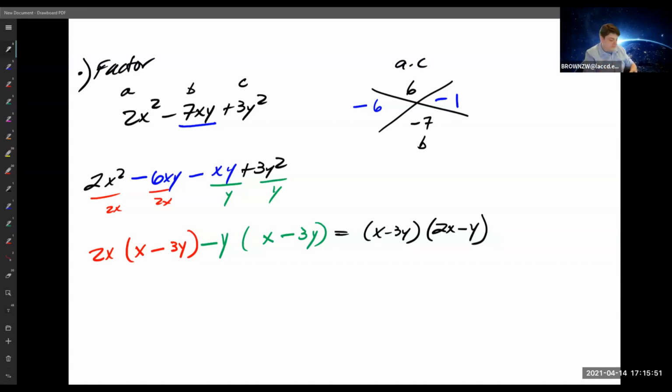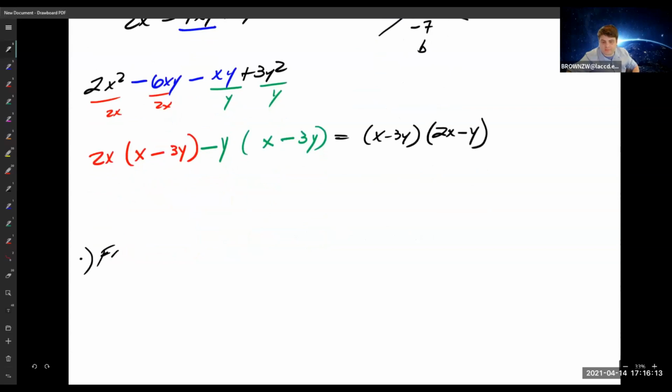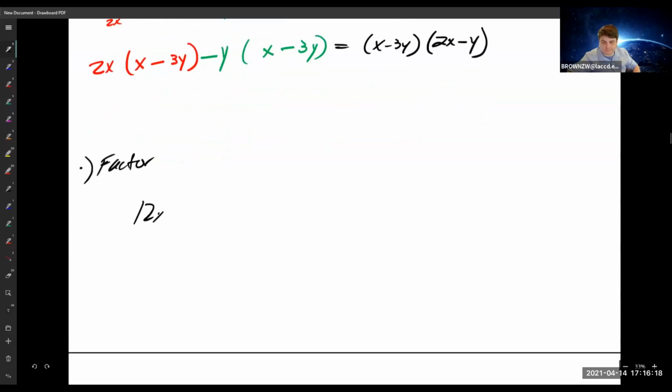Okay, the other thing that might sometimes be useful is to look to see if there are any greatest common factors that you can pull out beforehand. So if you're asked to factor 12x squared plus 36x minus 48,